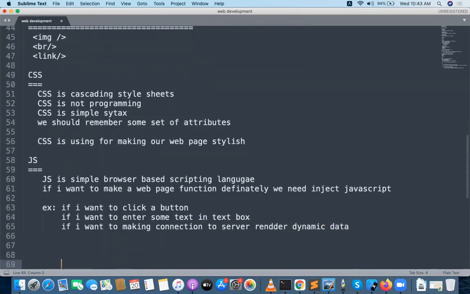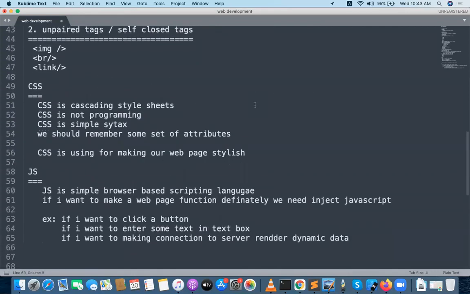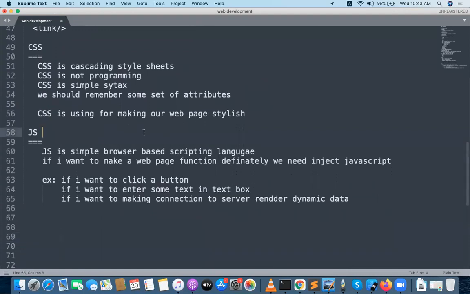Whatever the functional part of the HTML we are doing is done with JavaScript. That JavaScript is very important, and this is a core, major building block of the web page. HTML and CSS are very fundamental. When we know HTML and CSS, we will move to JavaScript, and when we use JavaScript for the web page, your complete page is converted into a dynamic web page.